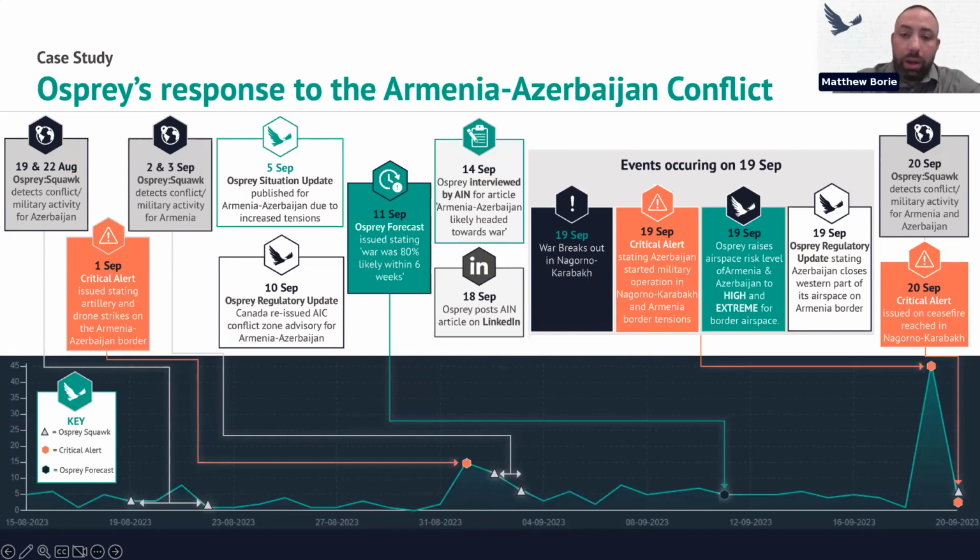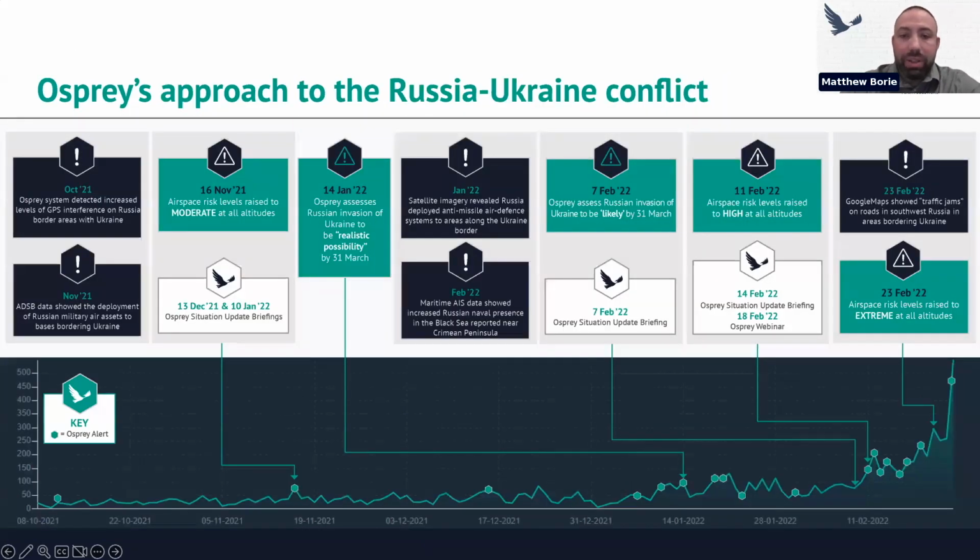And then we'll use our oldest example for this type of discussion around the Russia-Ukraine conflict. Again, Osprey started to understand a change in the aviation operating environment 4 months ahead of time, before the Russia-Ukraine conflict started. Through the anomaly detection, we were issuing alerts regularly throughout the lead up to the conflict. We raised our risk rating from low to moderate to high to extreme, all ahead of the conflict starting. And we changed our assessment of likelihood from a realistic possibility of a war by 31 March to a likely war by 31 March, weeks ahead of the conflict starting,